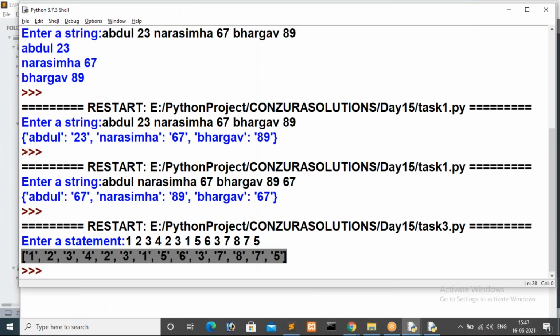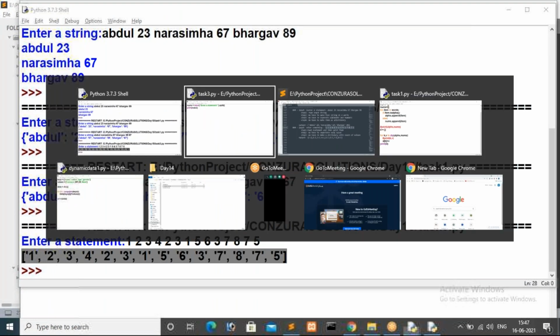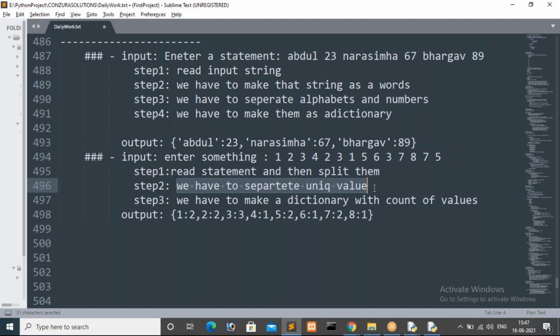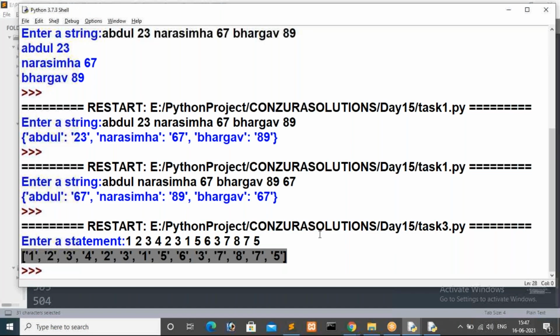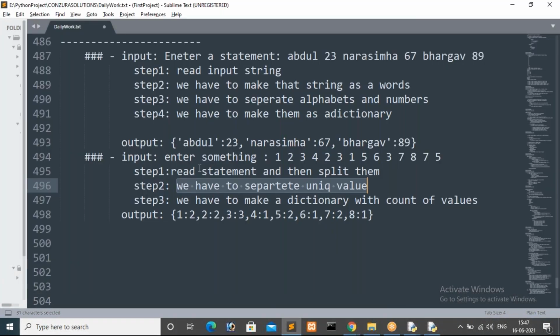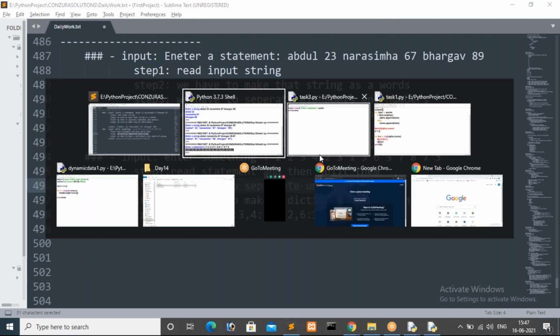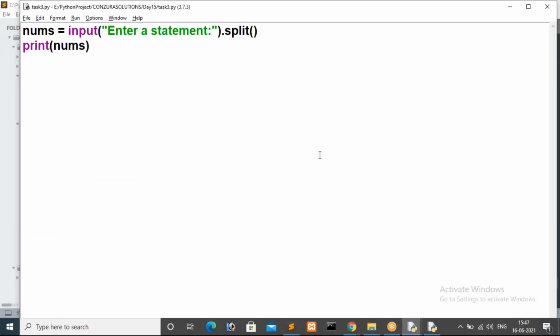Okay. Now the second step is, we have to separate unique values. For getting a unique list, a few days back, while explaining the list concept, I explained something to you. For that, we have to create an empty list, then do something. Max 3 to 4 lines we have to write for that. We have to iterate a loop, then check a condition, whether that value exists in the empty list or not, then we update it by appending.